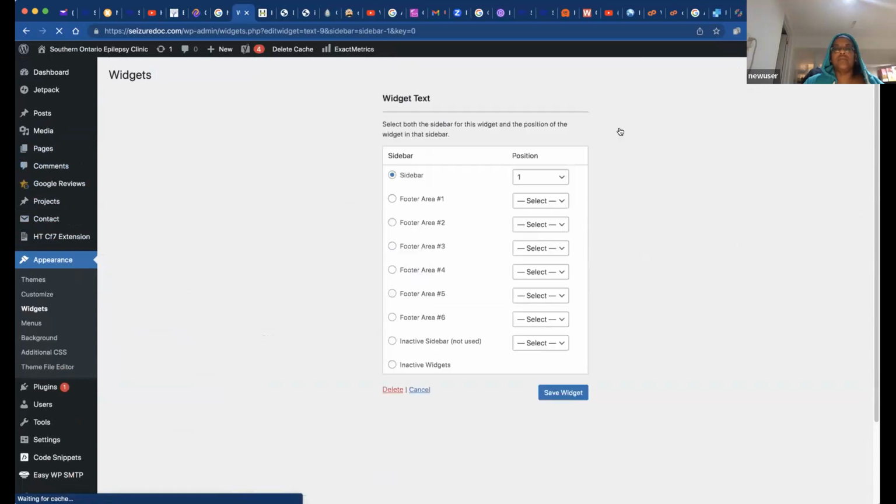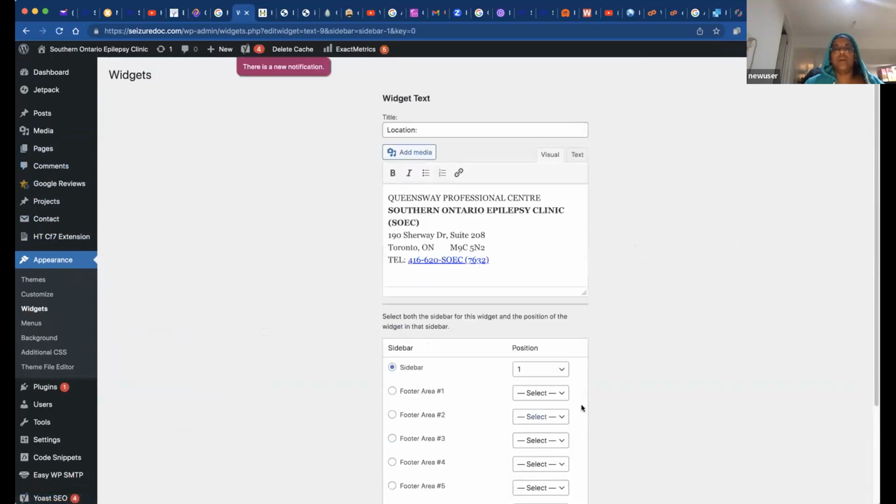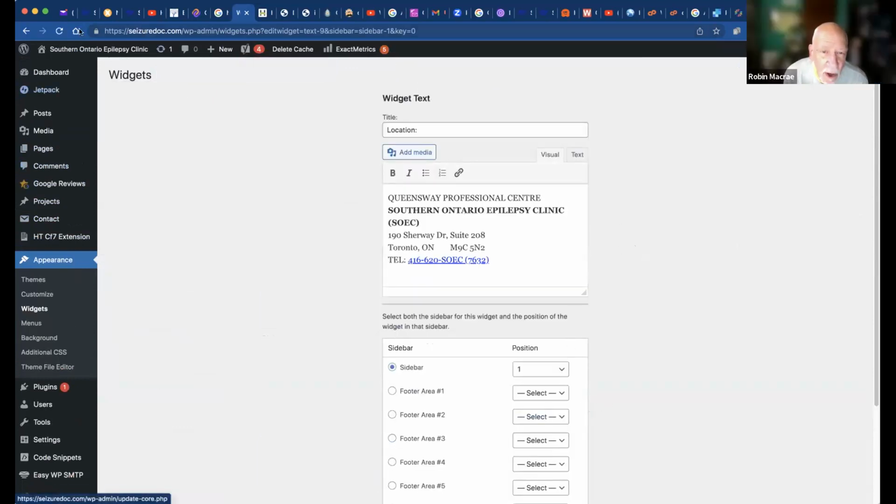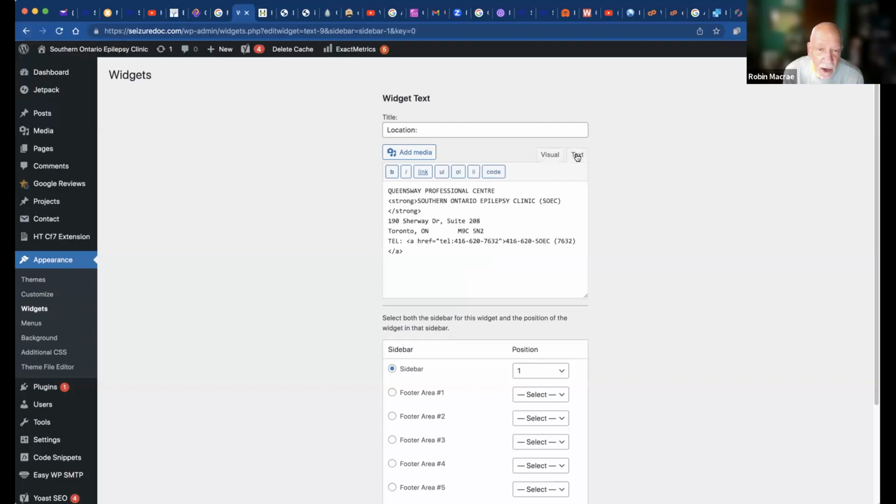Okay, so let's open that up. Why don't you click the text tab there? So this is just, other than the strong and the link, the only HTML.